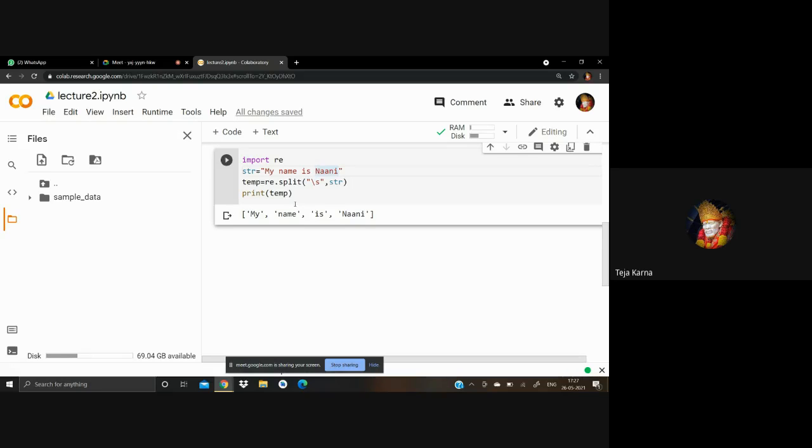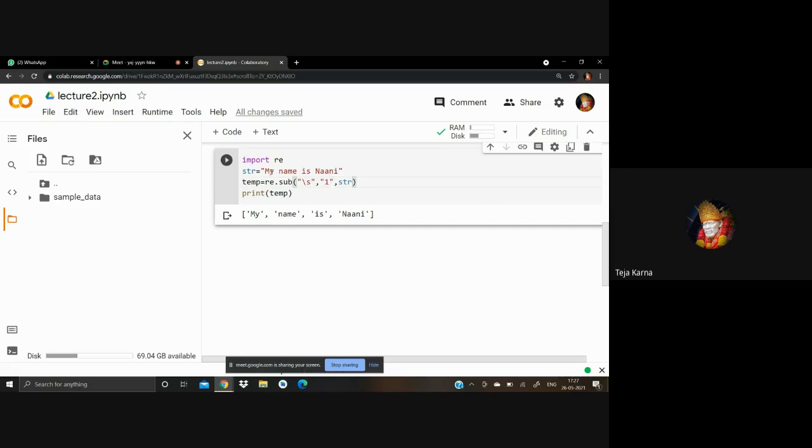Then we have the sub function too. The sub function is basically used, yeah, just a minute. Okay, slash s, where whenever any white space characters are there, we have to replace them with, say, one.